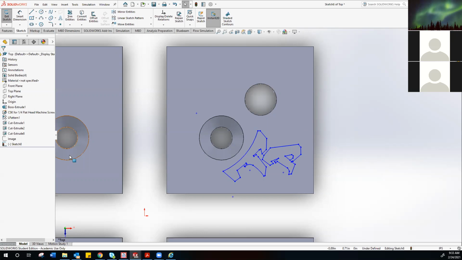Okay. So the arc here and the arc here share the same center. So the way to do that is take this tie down, right click and delete that out. So now when you do remove,